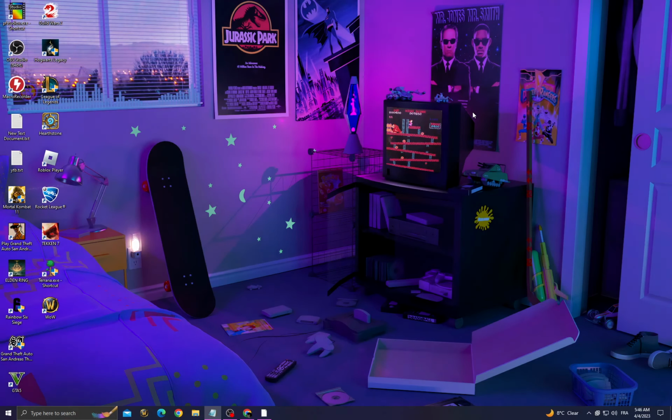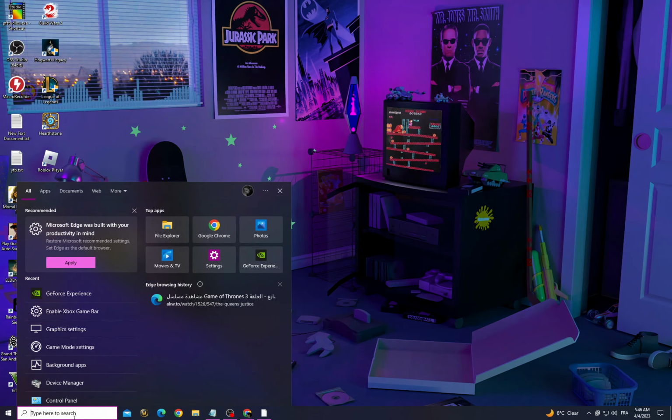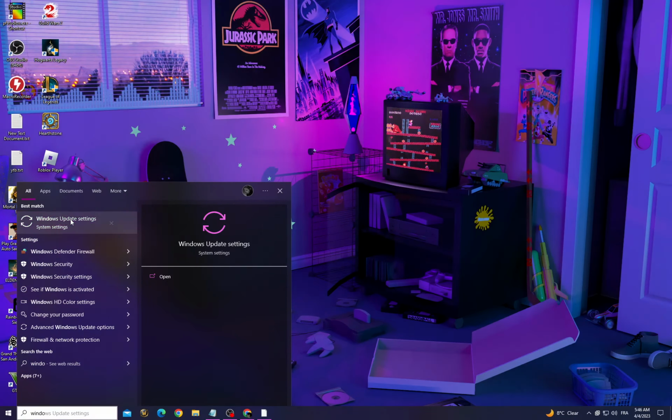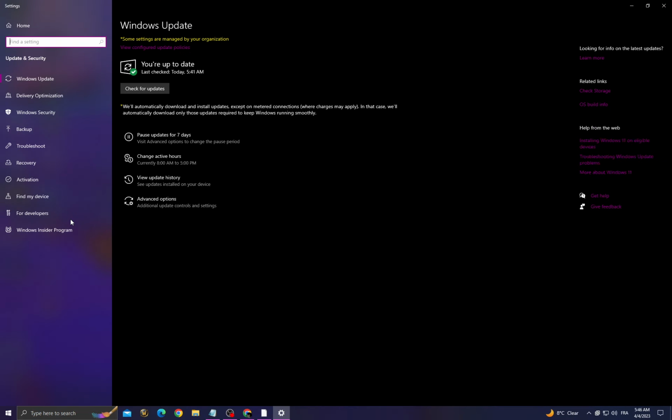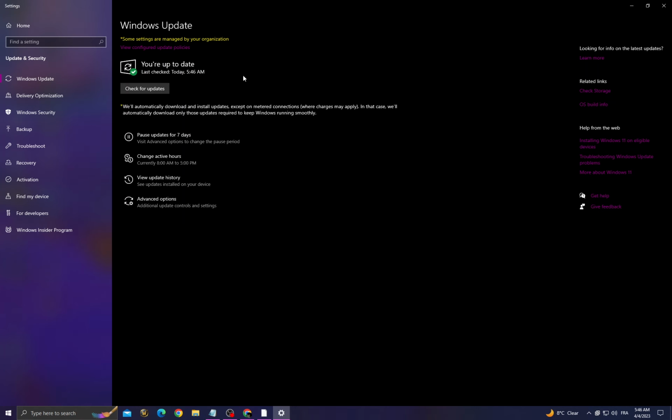Hello guys, in today's video I'm going to show you how to fix the Witcher 3 black screen problem easy and quick. If you want to fix it, all you have to do first click here, go to Windows Update Settings, and after that click check for updates, and then make sure to install all the updates here, and